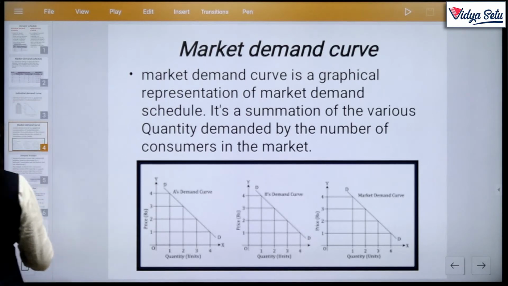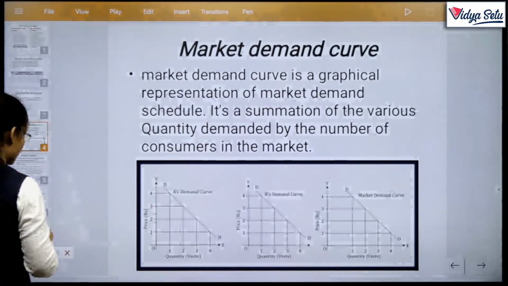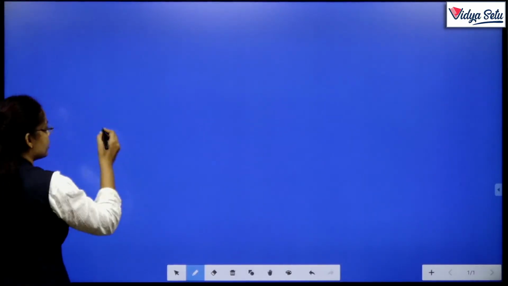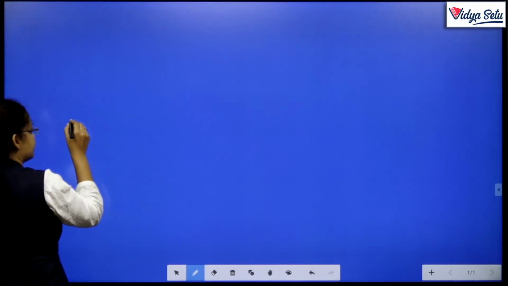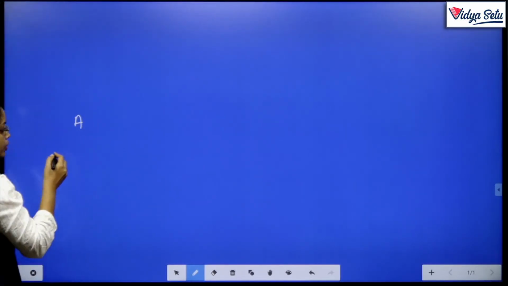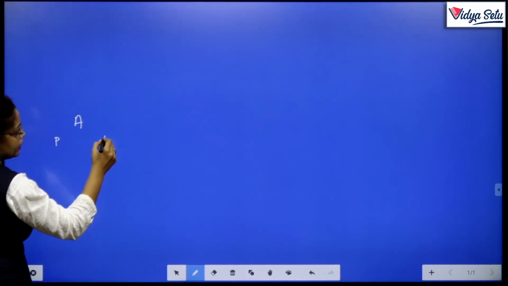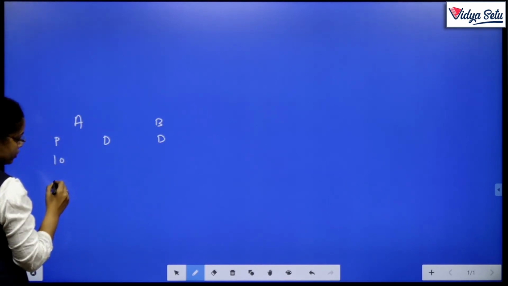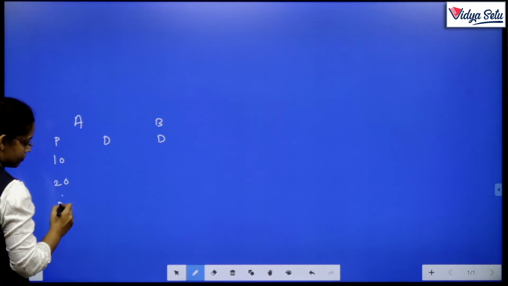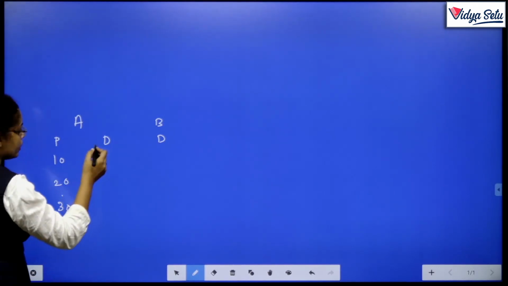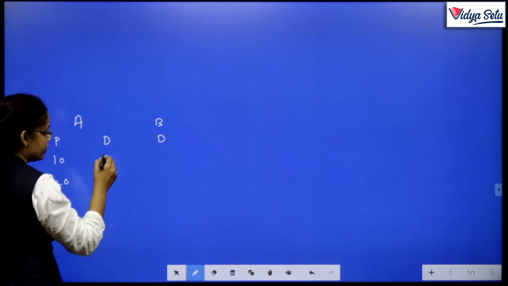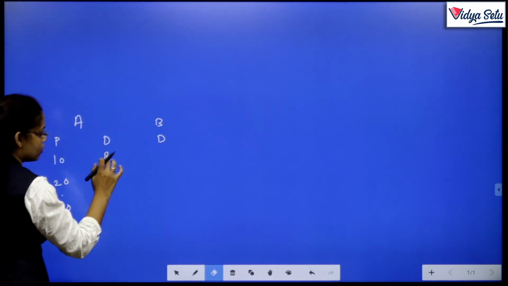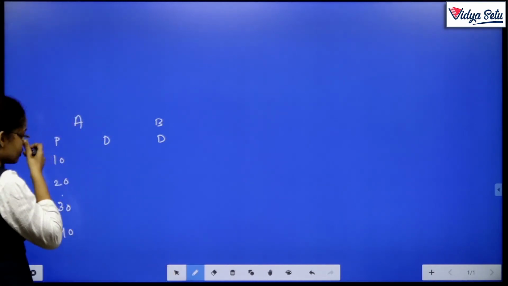We can also draw it by assuming the data. Say, suppose consumer A, price and demand. Consumer B, just demand. Okay, say 10, 20, 30 and 40. Here demand is say 10 per 8, here 20. So $50,